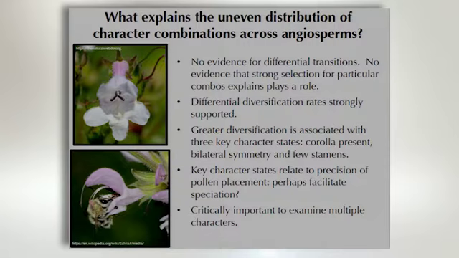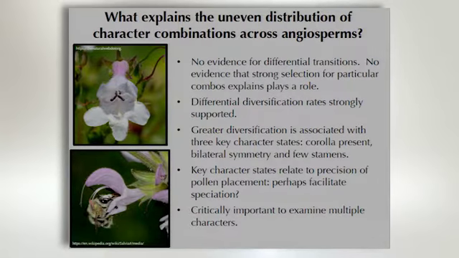And if we think about bilateral symmetry and stamens, bilateral symmetry really controls how pollinators enter the flower, constrains its position in relation to the stamens, and then few stamens allow very precise placement of that pollen on the body of the pollinator and then pick up that pollen, and so may facilitate pollinator specialization and prezygotic isolation. And so these characters may facilitate speciation, and critically, those characters need to function together.